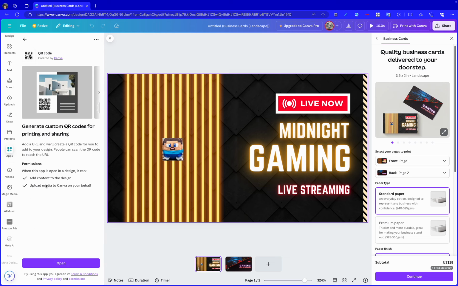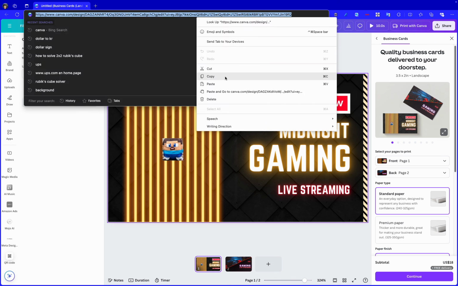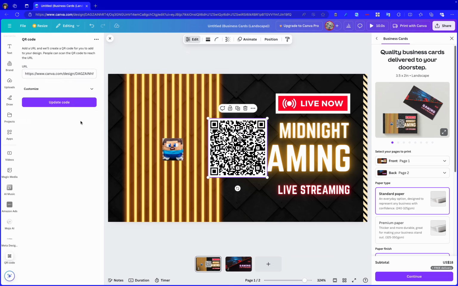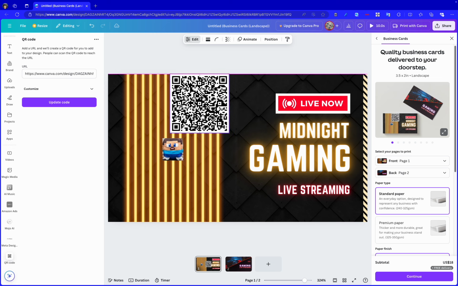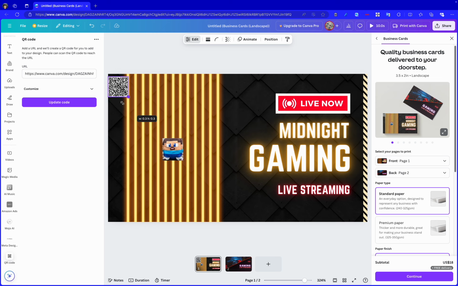QR code? Yeah. That's our URL. Copy this URL. Copy. Paste. Generate. Okay. Can you make this smaller?